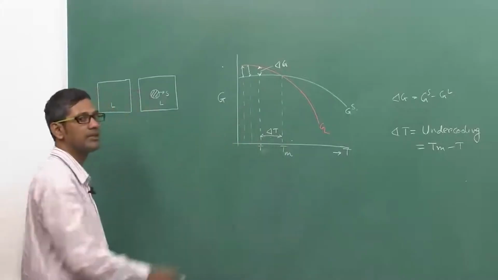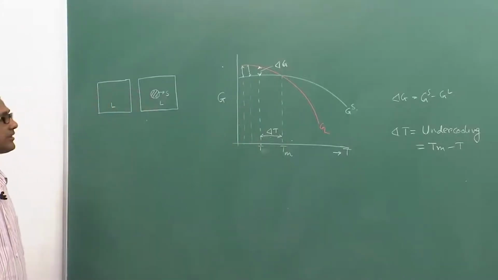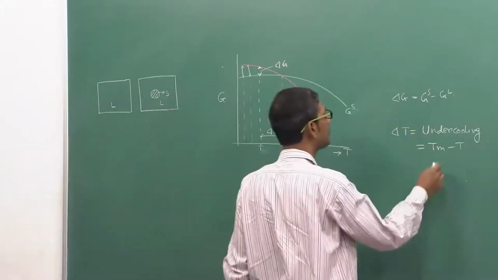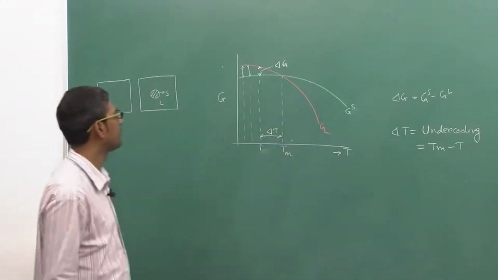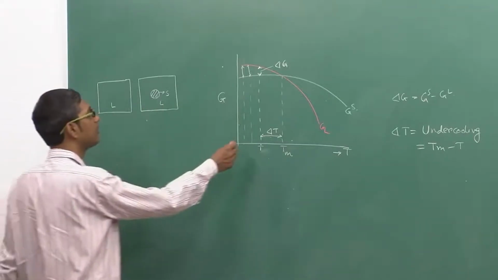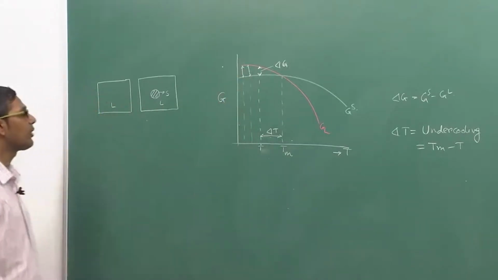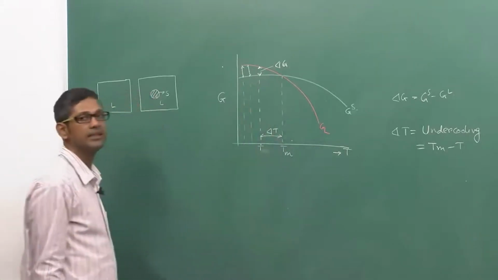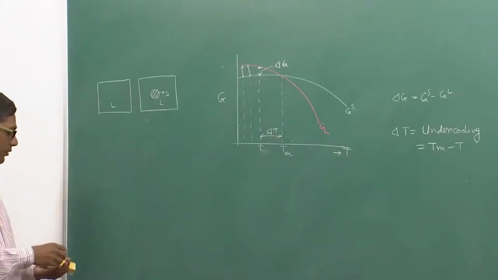As you increase the delta T further, the driving force is increasing. Now, can you just calculate the driving force in terms of undercooling in case of solidification? That is evident from this picture: as you increase the undercooling, driving force increases. But what is the scaling law? How exactly does delta T affect the undercooling, in terms of mathematical equations?